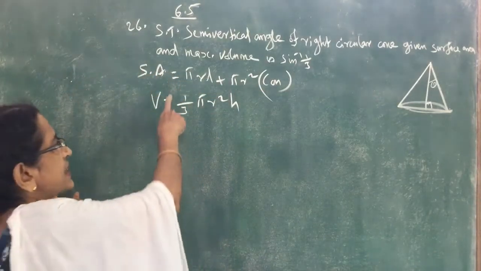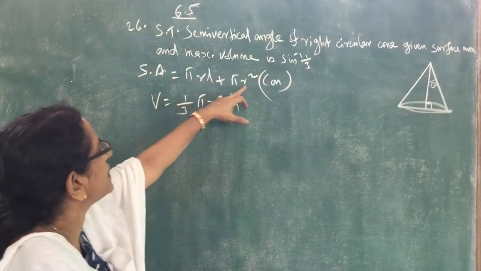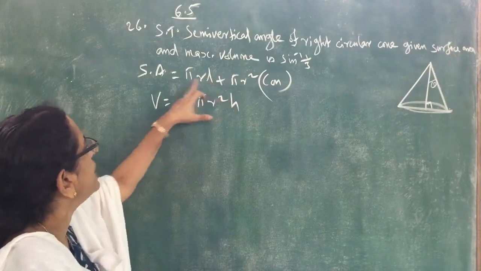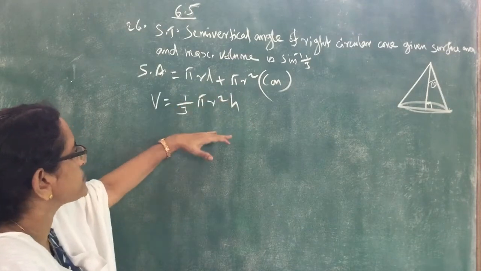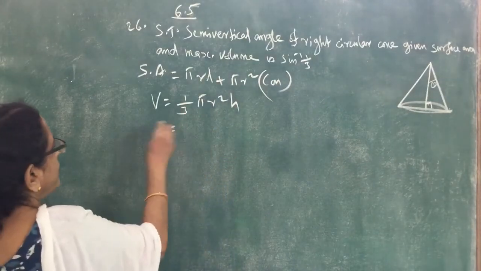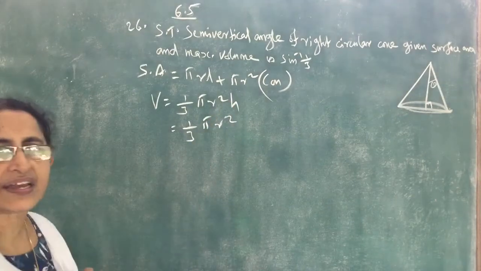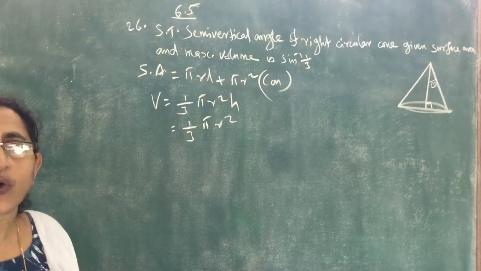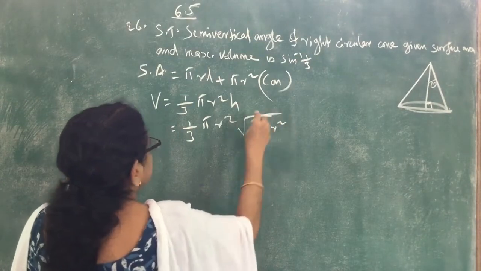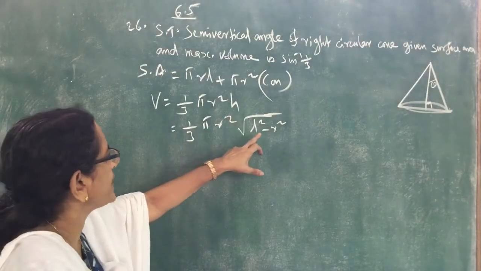So we can denote the surface area by S. In terms of S, we can find any one variable. It is not easy to find R, so we will find L. From this relation, we will find L and substitute here. For that, V equals 1 by 3 pi into R square into H. H can be written as root of, we know R square plus H square equals L square. So H square equals L square minus R square. Therefore, H equals root of L square minus R square.